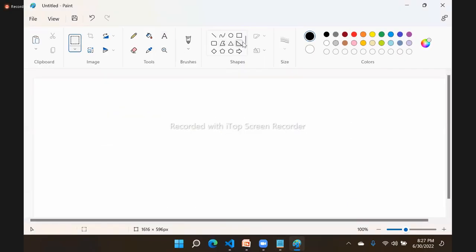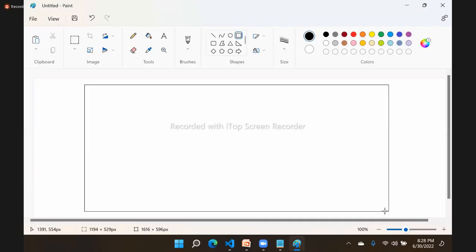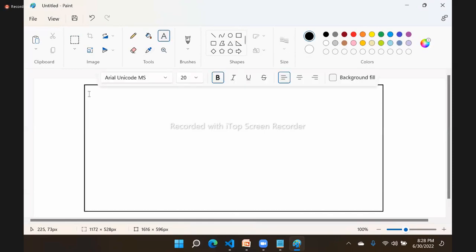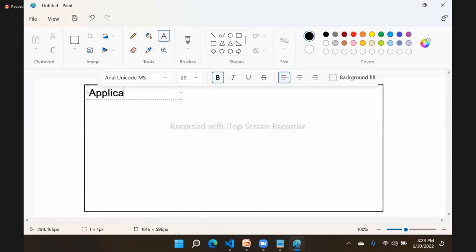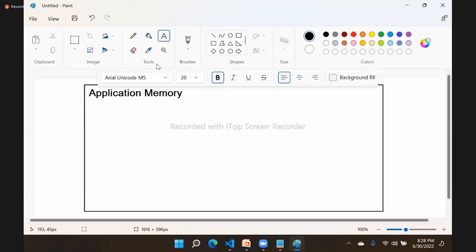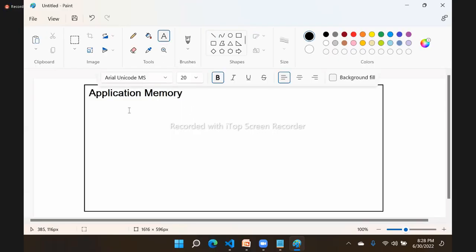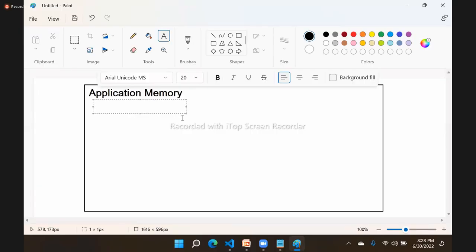See, for example, we have an application. This is your application memory. In this application memory, usually what happens is we configure